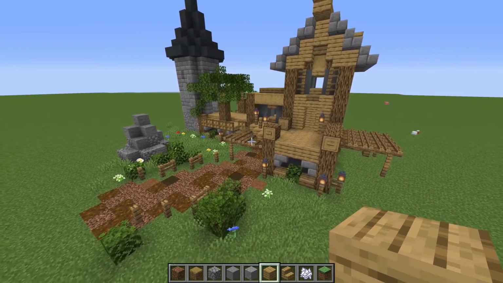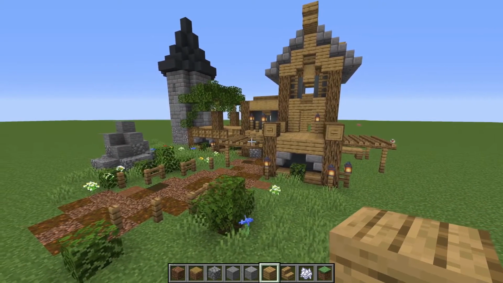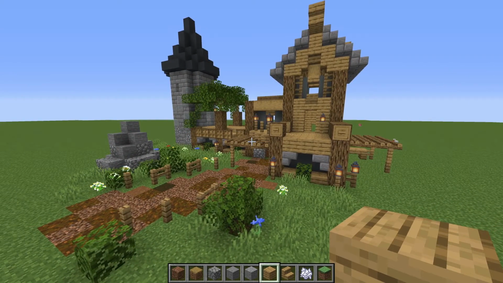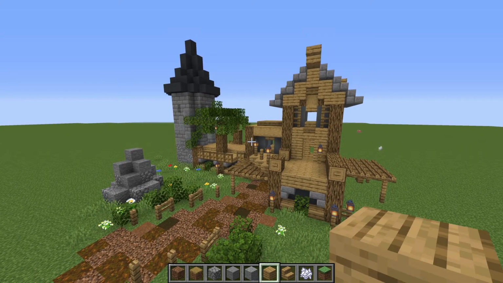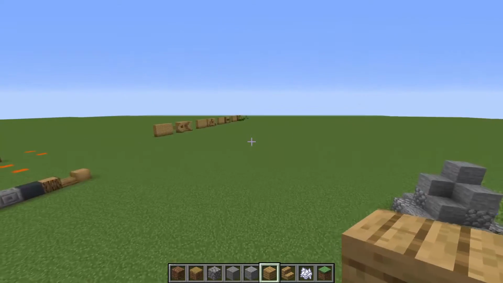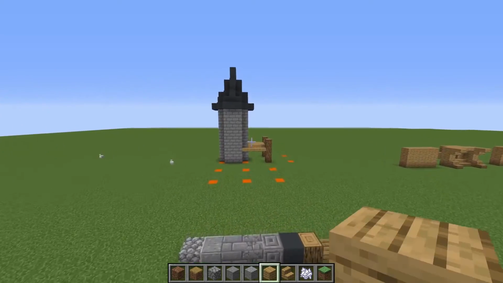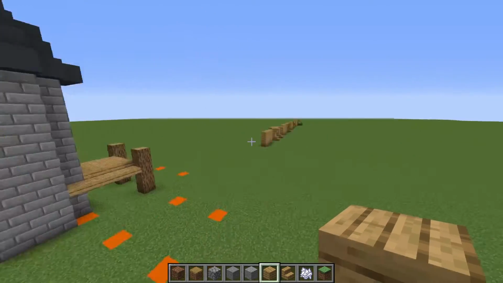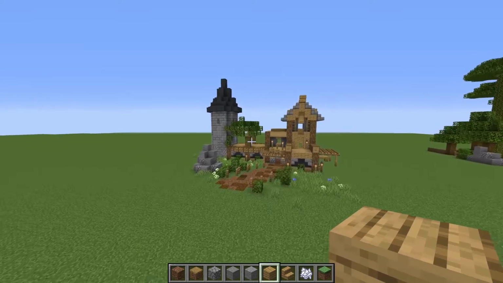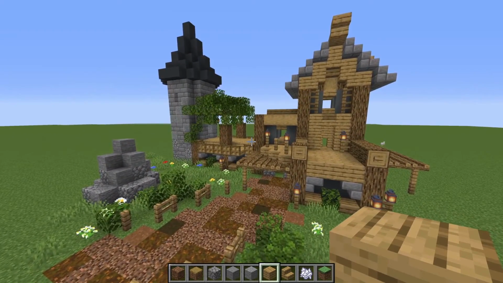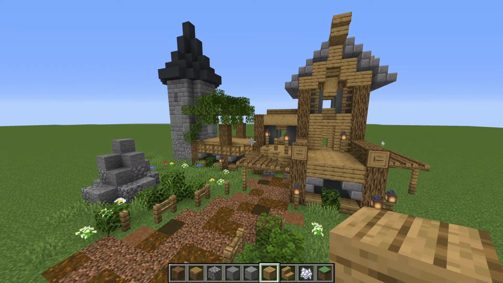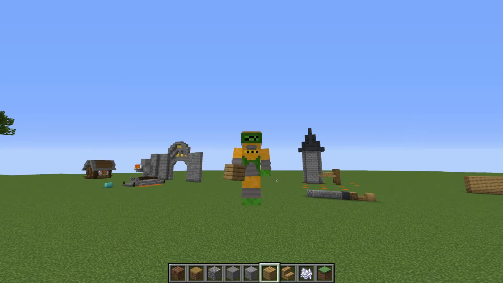Lots of things have changed around here, but this is just an example of what you can do by adding those 3 words into your building. Adding depth, adding detailing, and adding variation into your builds makes things go from boring and flat and kind of ugly looking into something that is gorgeous. Anyway, guys, I hope this video helped to explain what the difference is between depth, detail, and variation,